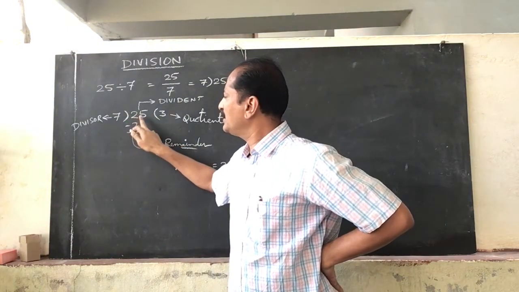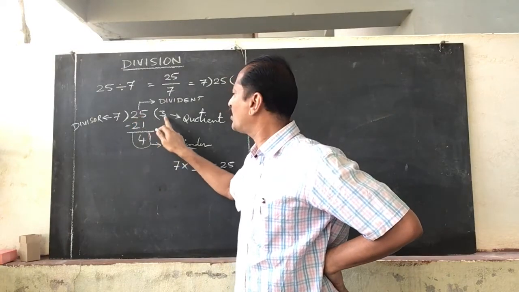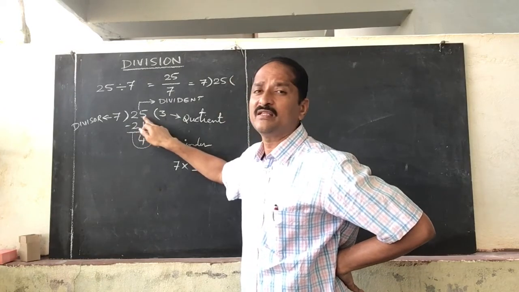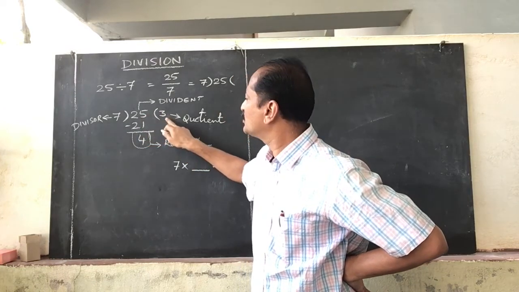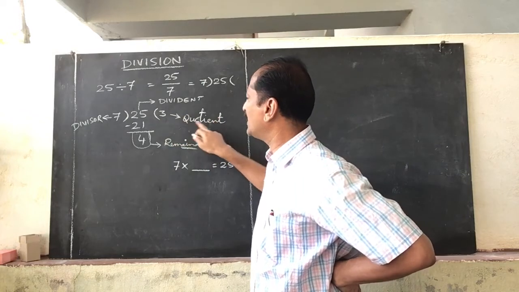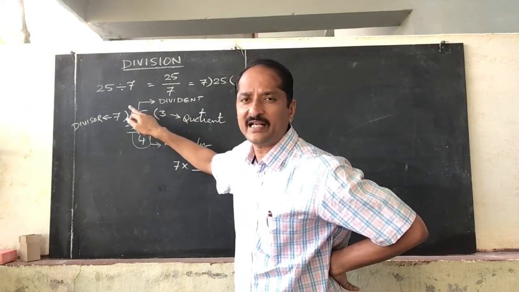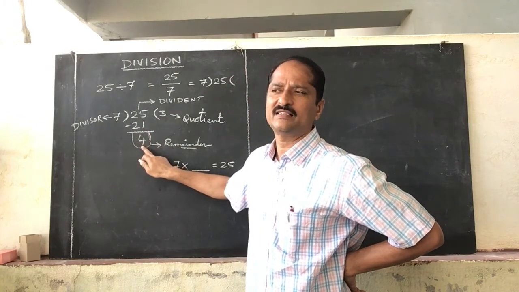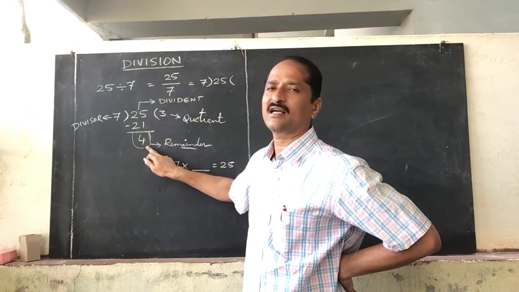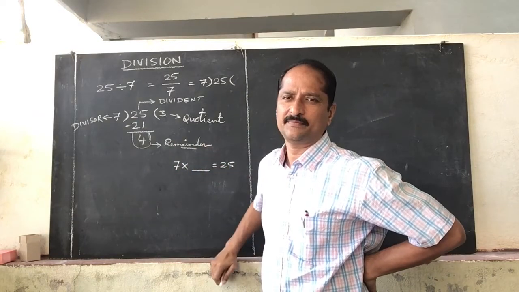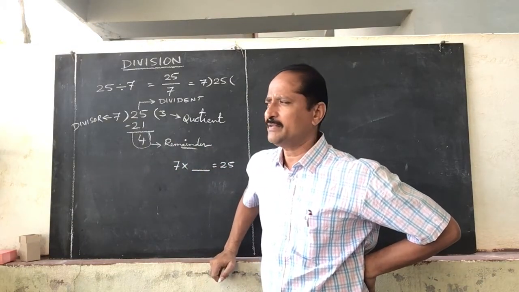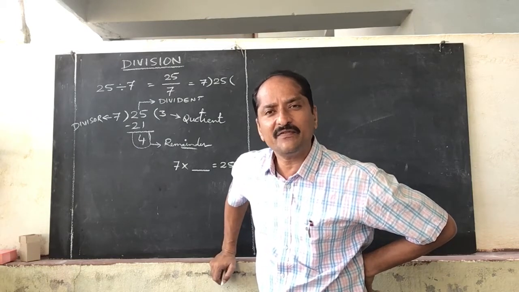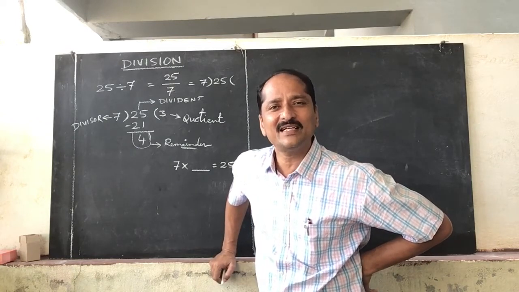Whenever we divide in this division process, we have got 3 as the quotient. How many 7s are there in 25? Three 7s are there in 25. So we can call this 3 the quotient, and if you take three 7s out from 25, you will get 4 left over. This is called the remainder. What we find here is how many 7s are there in 25.